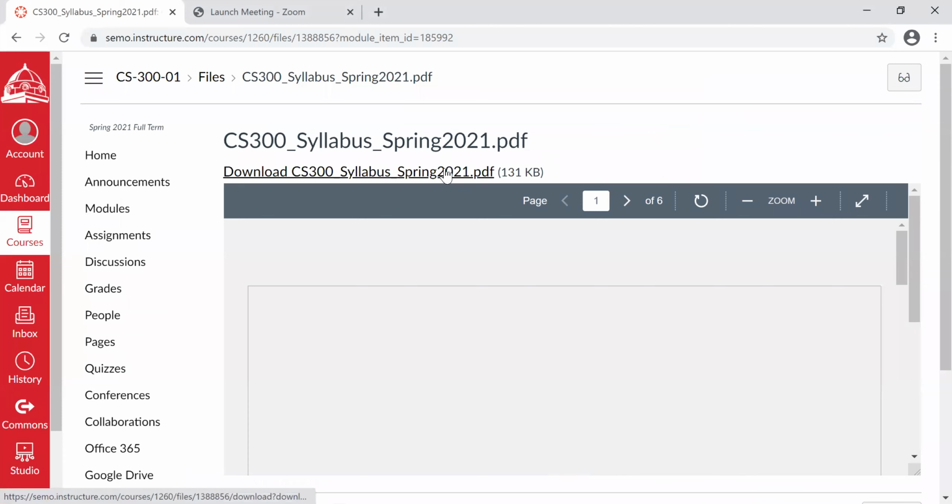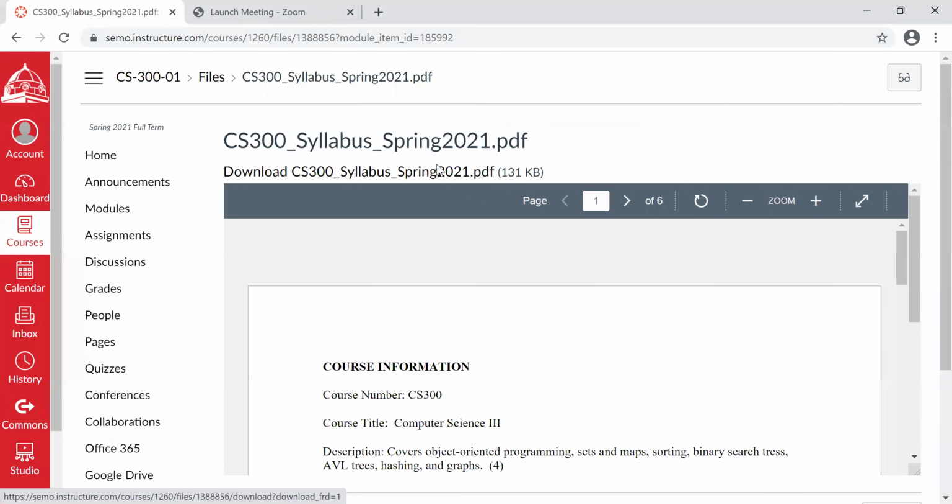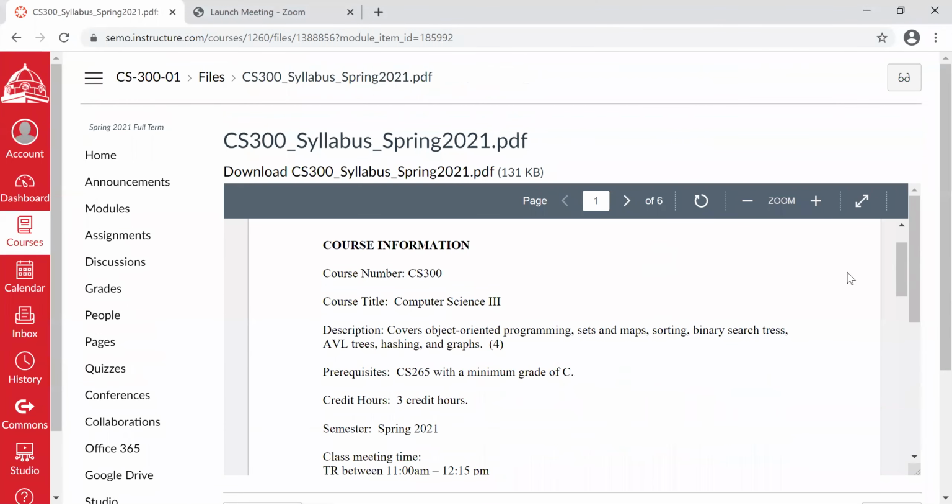And also, if you want to download it, you see at the very top of this PDF file there's a file name, then you can download it. So all of our files are also downloadable. And let's see, for the course syllabus, the majority of the information, object-oriented programming, basically, you saw in CS2, we